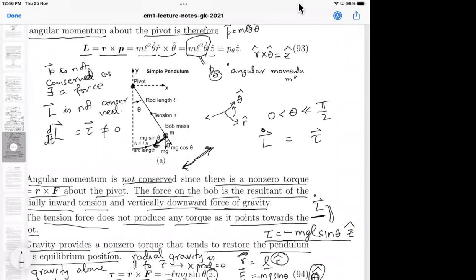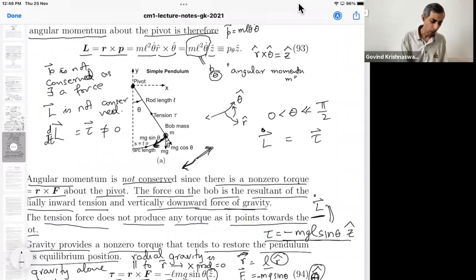I don't want to mystify these things too much. Here is our formula for angular momentum. It is very clear from the formula that the size of L is proportional to theta dot. So if theta is increasing, the angular momentum would be increasing in size, whereas if theta dot is negative, that is, it is turning downwards, the angular momentum in magnitude would be decreasing. There is not much more to that. You could also deduce it using the formula for torque. But the answer does depend on which way the particle is moving.